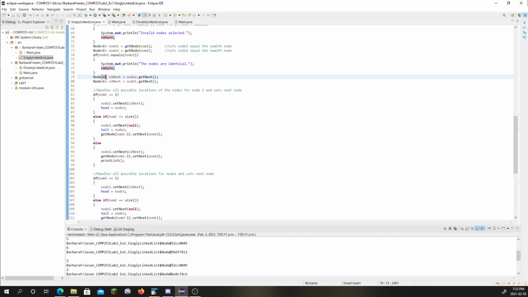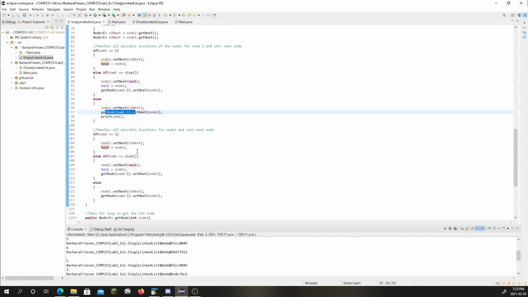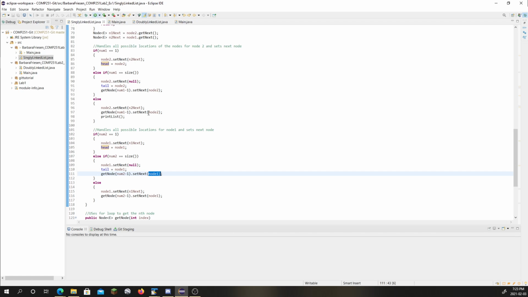I then get the values of what would be next, and now depending on where it's located, if it's the head, tail, or somewhere in the middle, I set the next and the previous one, setting it to going to the node 2 next for this one, and for this one node 1, so both things have been handled there. So now if I run the program,